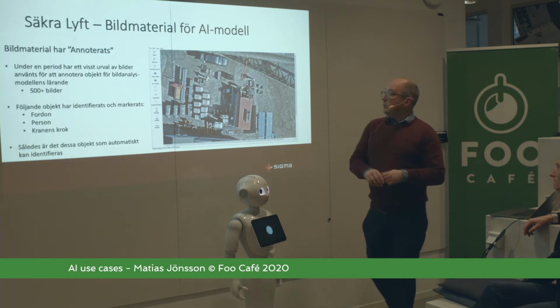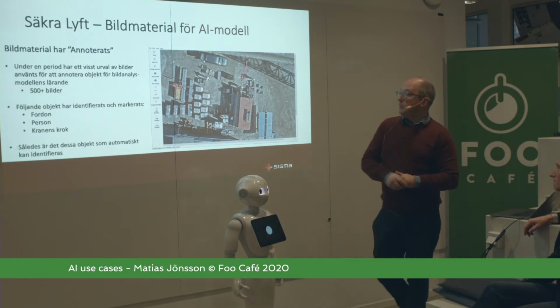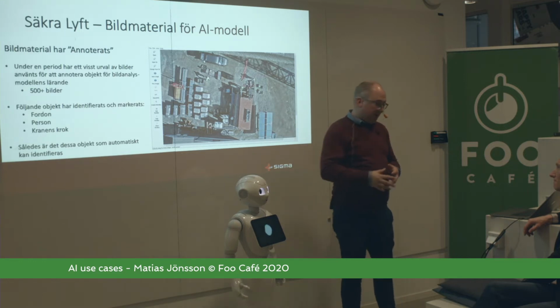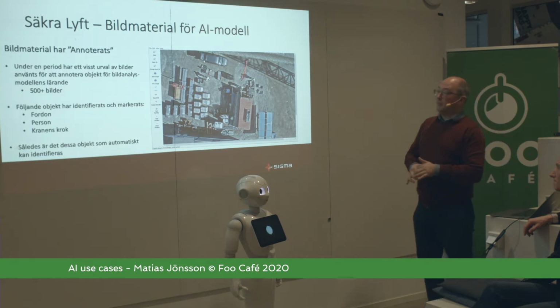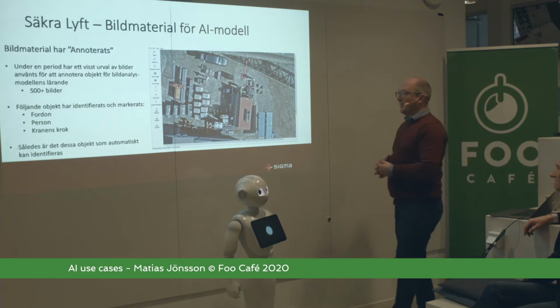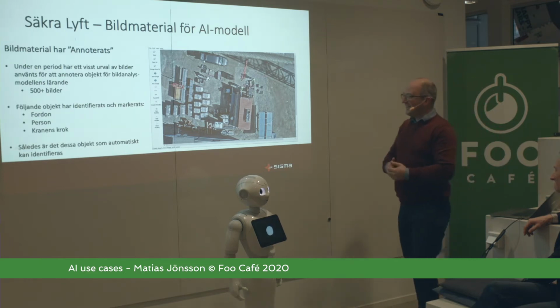What we do is use transfer learning in this case. So we use a pre-trained model for the basic layers in our deep neural networks. And we've annotated, this says 500 plus images. I think in the production version of the model that is in use now, we had close to 1,000 images annotated. That's the sort of boring work you punish people with when they don't deliver in time. Okay, then you'll get 300 images to annotate. It's really boring, but